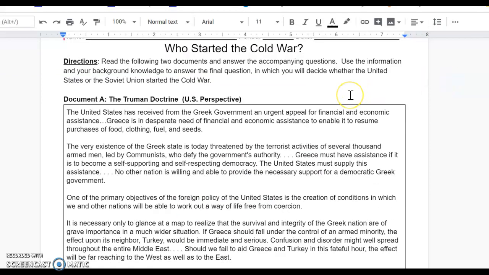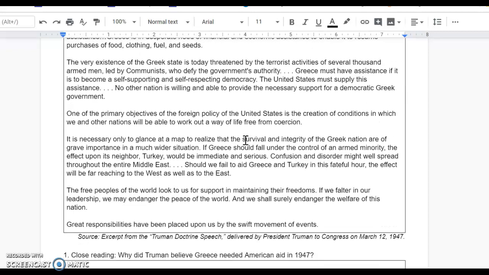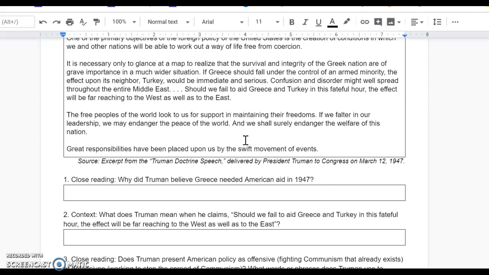All right, so this first document here is the Truman Doctrine. This is a document created by the U.S. president at the end of World War II. So you read the document there, and we have